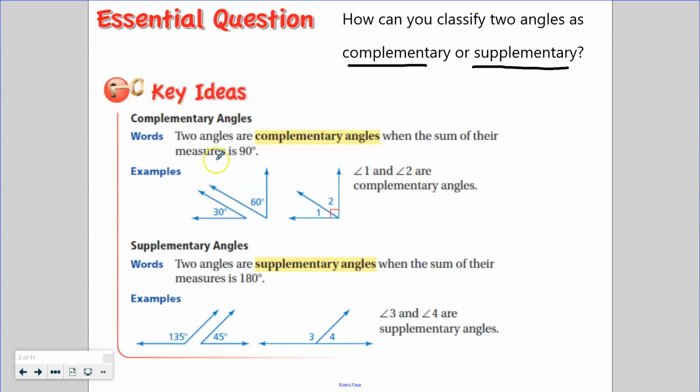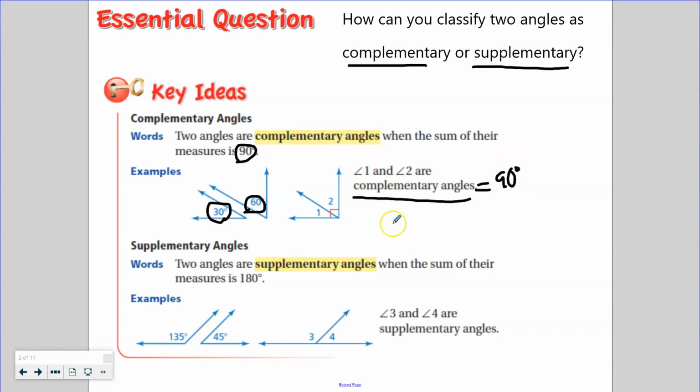All right, so the key idea today is that complementary angles, those are angles that add up to be 90 degrees. Right, so you can see that here, 30 plus 60, well, that equals 90. Right, and so we would say that angle 1 and angle 2 are complementary to each other because they equal